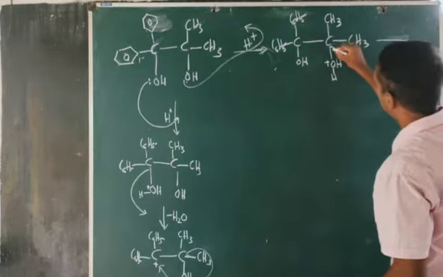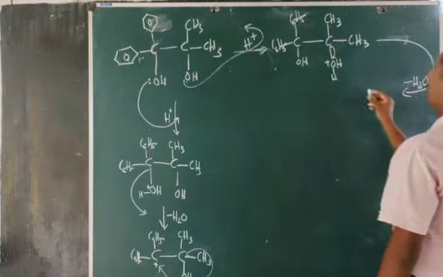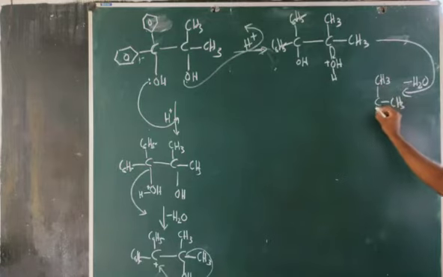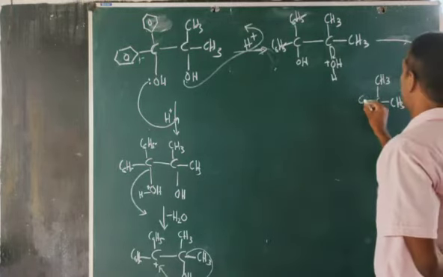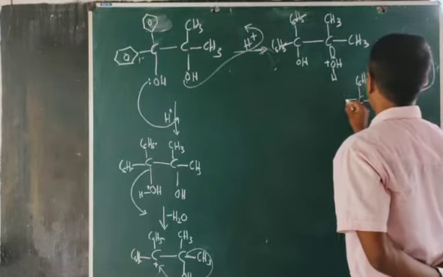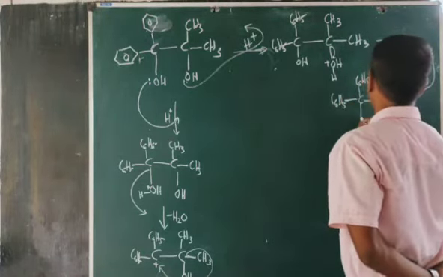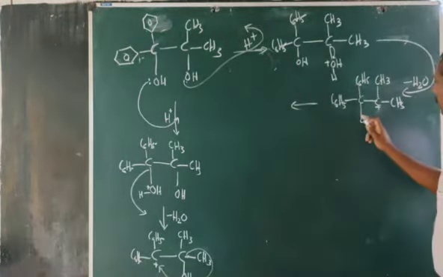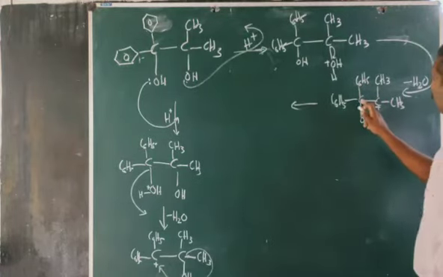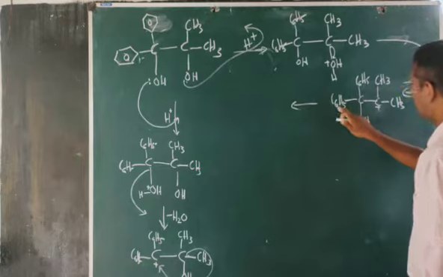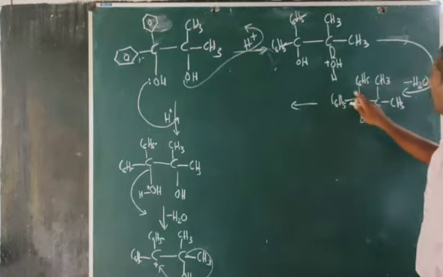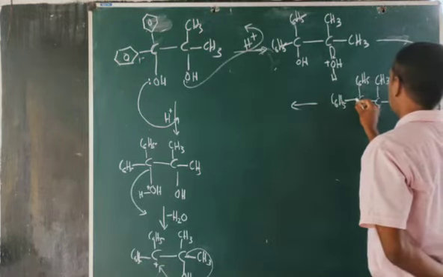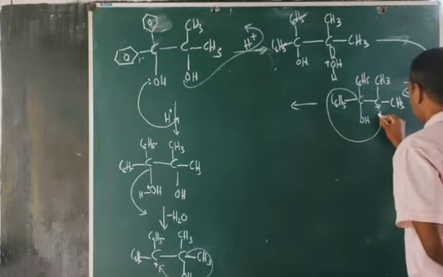H2O, this bond breaks from this carbon, minus H2O, and we get a carbocation like this: CH3, of course here is a positive charge, and here it is C6H5, here also C6H5, here is OH. Okay, and in the next step, the OH attached carbon is this one, so from this carbon a phenyl group, this C6H5, one of the phenyl groups will be migrated to this